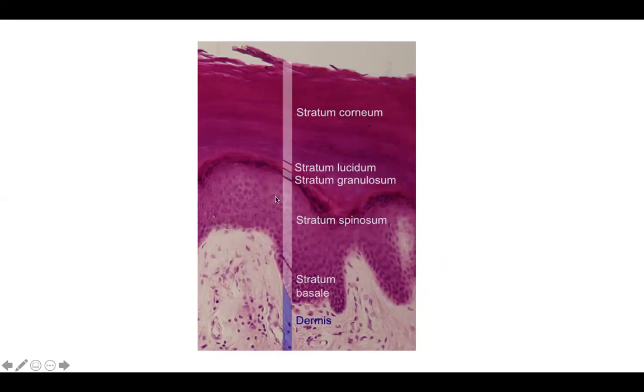And the journey of the cell to become an anucleated cell is another 14 days. So in total, we have 28 days for the journey of the cell from here to here. That's why with a lot of improvement when you give medication, you will see it after 28 days, okay? And a lot of diseases take sometimes 1 month to develop because of this information, okay?